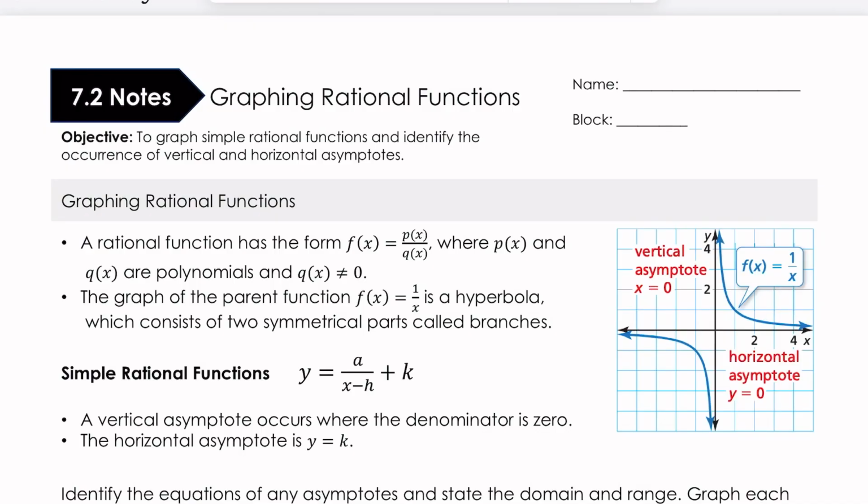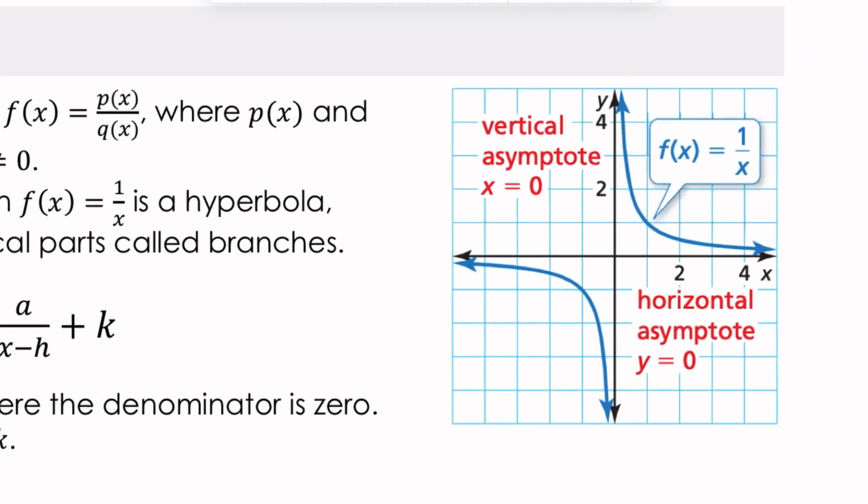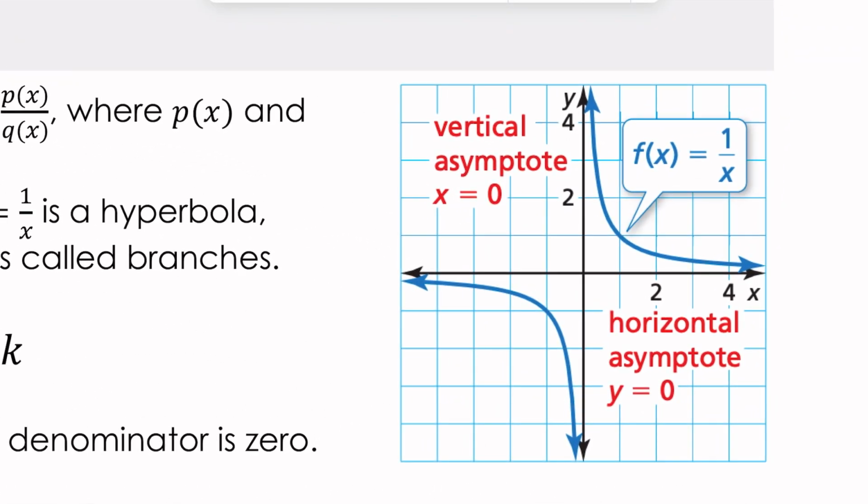We're going to be talking about graphing rational functions. A rational function is some function of the form p of x over q of x, where both are polynomials. So we have a function on top and a function on bottom. The example we see on the graph is the most basic, the parent function, 1 over x. And you can see our graph, these blue branches, two different pieces of a graph, are split,